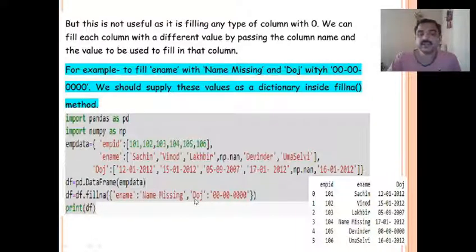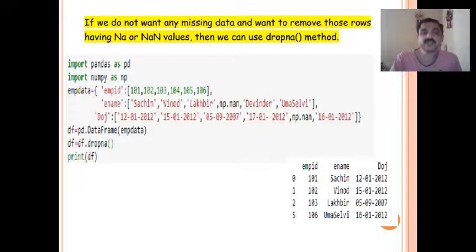And similarly DOJ, the key should be DOJ and the value should be 00000 like this. So this is how you can pass a dictionary with the keys and values, what should be the values in the required position where NaN is present. So this is how to handle the missing values.